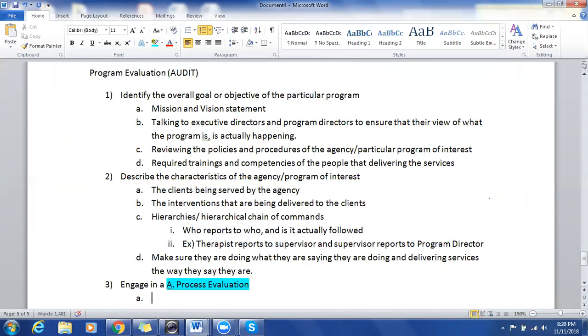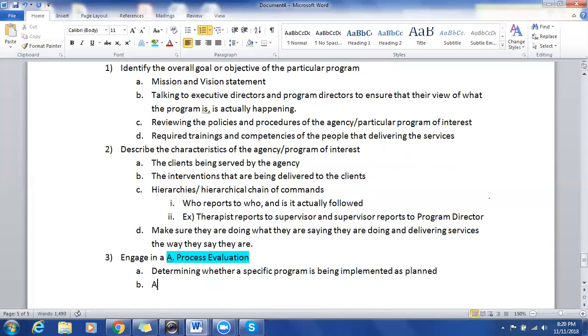So this is basically determining whether a specific program is being implemented as planned, and it's all about the process and is it being delivered like it was prescribed, i.e.,